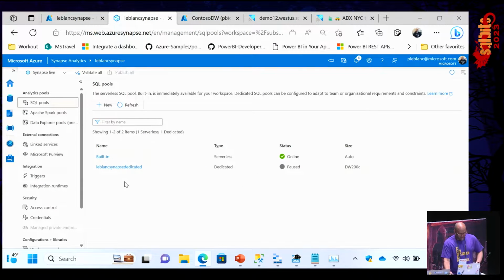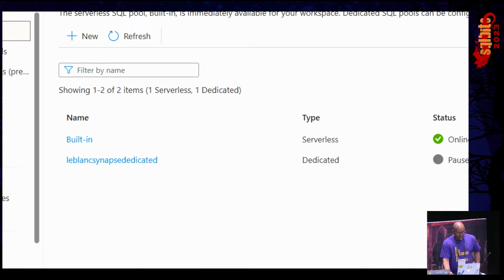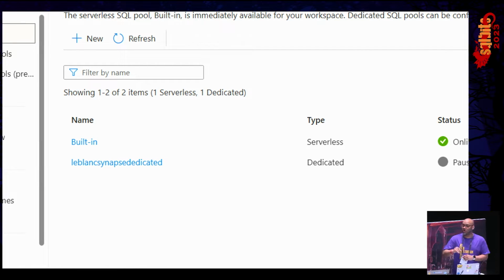And so you can see right here, when you spin up your Synapse workspace, you automatically get this built-in serverless SQL pool. And you can also create dedicated SQL pools. The primary difference between these two is that the serverless SQL pool is always there, and the only time you incur costs is when you actually run queries against those files.